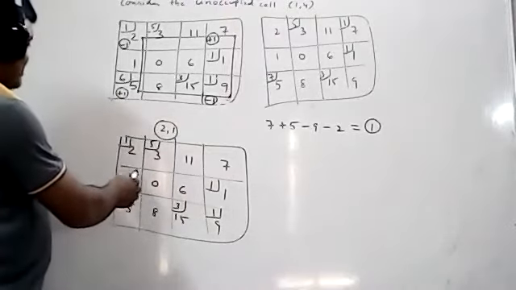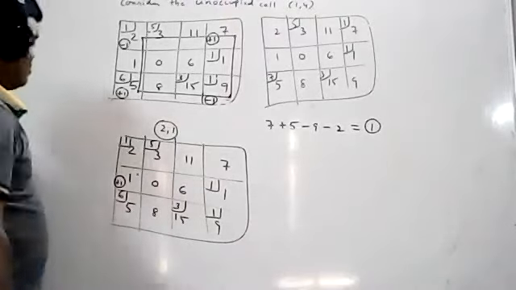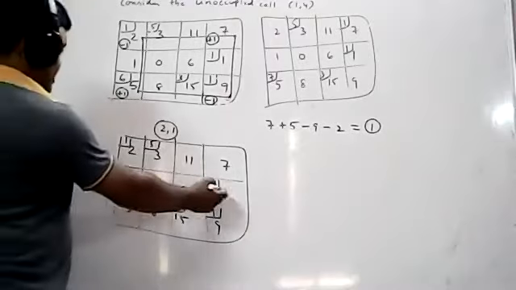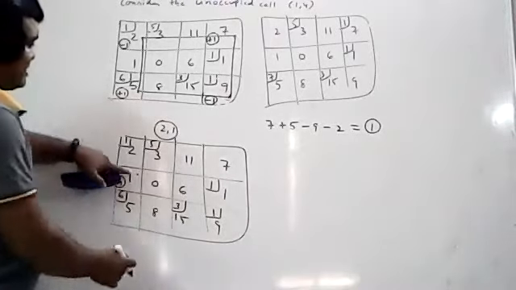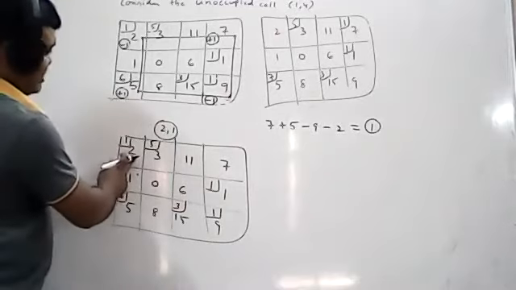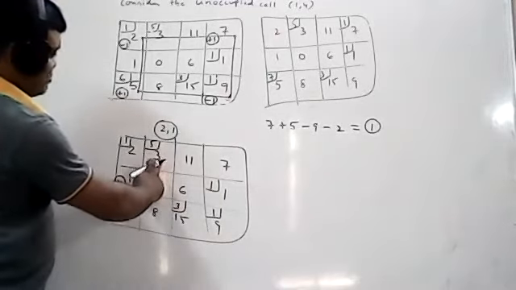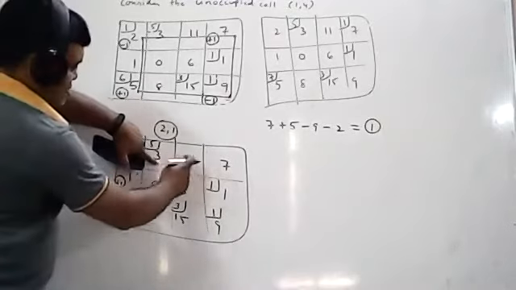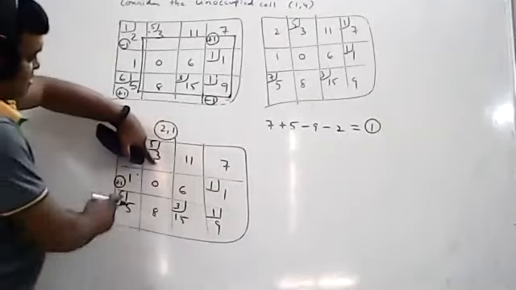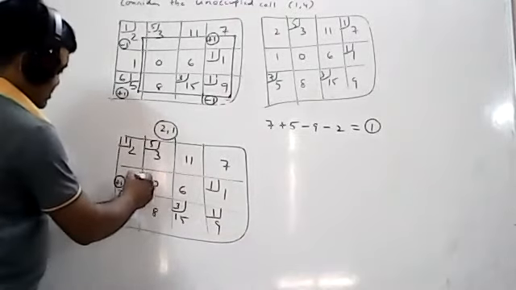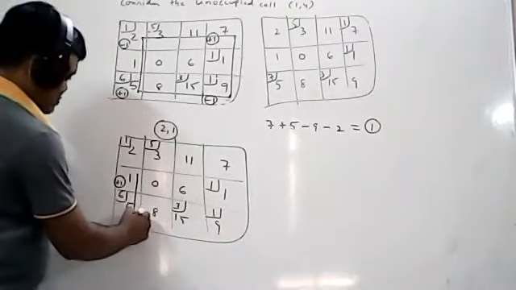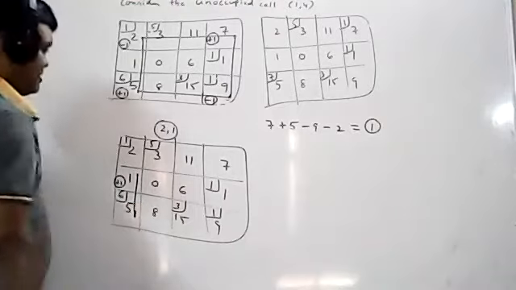So here how many ways are there? 1, 2, 3 ways are there. You can go any way. So you can go directly like this. Suppose if you go like this, 3 ways are there. Suppose I will eliminate the ways. Suppose if I go like this, next element is here. You have to come here, and there is no occupied cell now. So loop definition fails. So you cannot go upper side. So either you can go like this, otherwise you can go like this. Your wish, you can go any side. So obviously I will go like this because only one occupied cell is there.